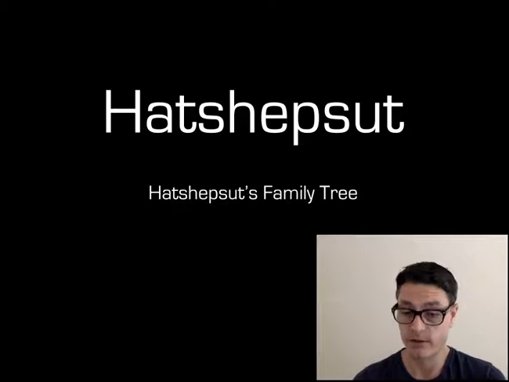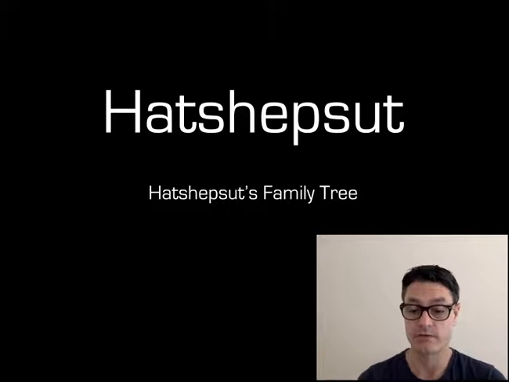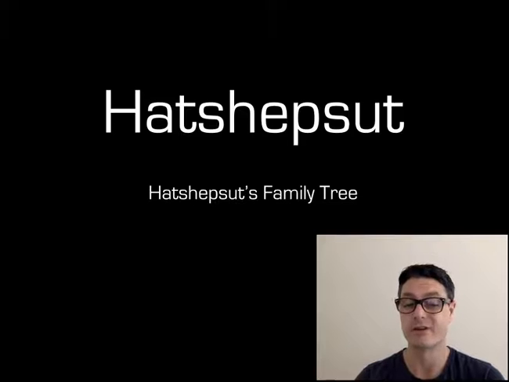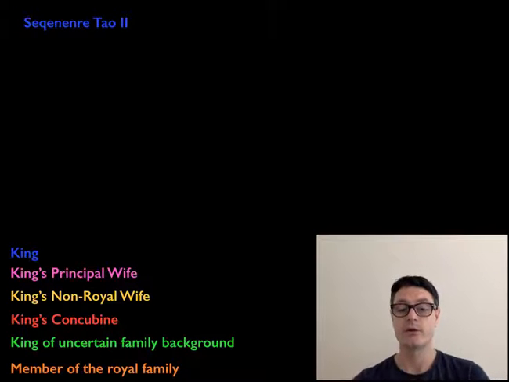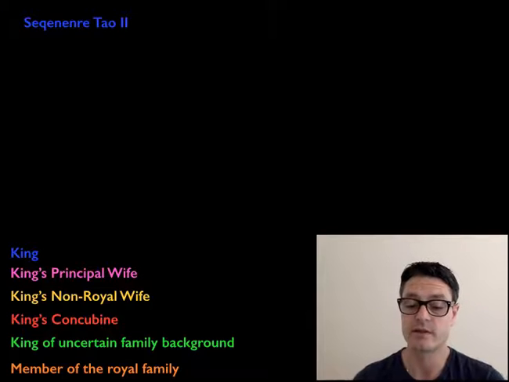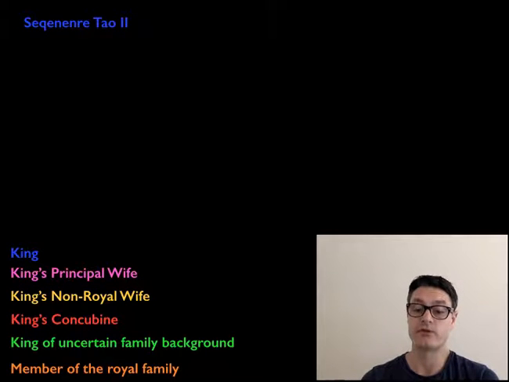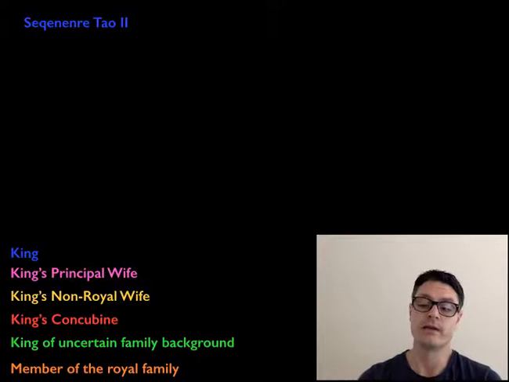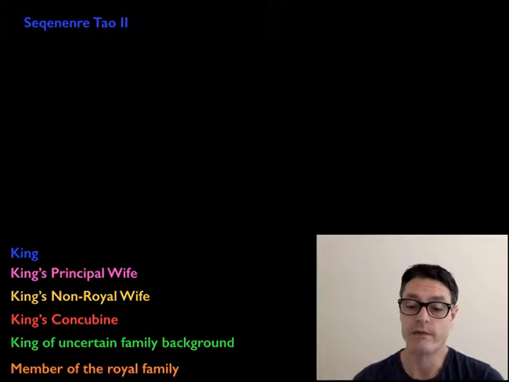There are a lot of new names to learn and a lot of relationships to understand, and it's really important that we do understand these relationships very, very clearly. So we could start anywhere really, but we're going to start with a king in the 17th dynasty. So this is in the time period before the reunification of Egypt, which marks the start of the New Kingdom period. It's in what we call the Second Intermediate period,